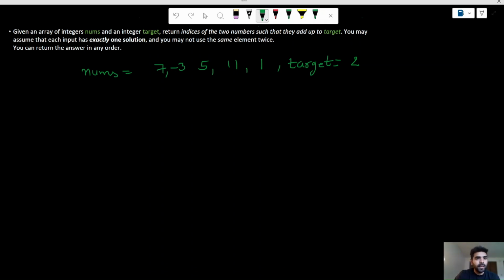We are given an array of integers, nums, and an integer target. Return indices of the two numbers such that they add up to the target. Pretty straightforward and simple. So we're looking for two numbers, A and B, and the sum of these two numbers should be equal to target. You may assume that each input has exactly one solution and you may not use the